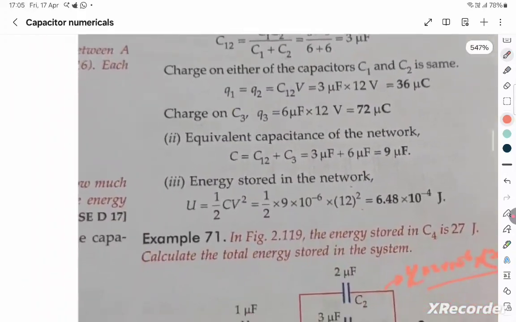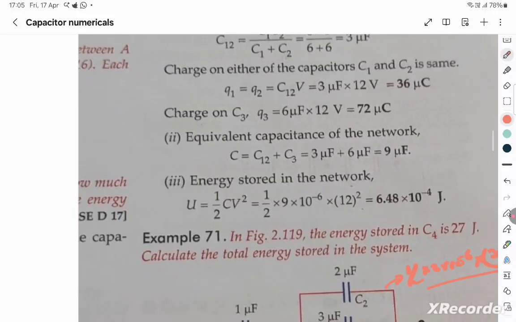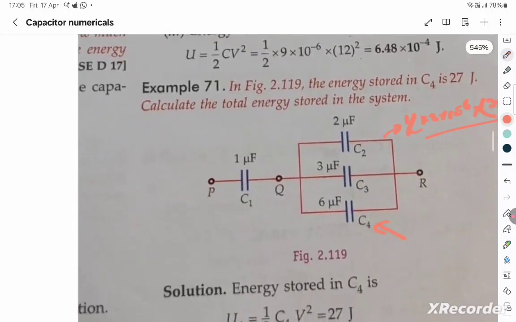This is sum number 71. You found the voltage, then you find the energy stored like this in C2, C3 and C4 individually. The total energy stored in 2, 3 and 4 will account to 49.5 joules on plugging in the same voltage of 3 into 10 to the power 3 whole square, V square, and plugging in the respective capacitances. You have to add all the energy, get 49.5, and the energy stored in the series, and you know that